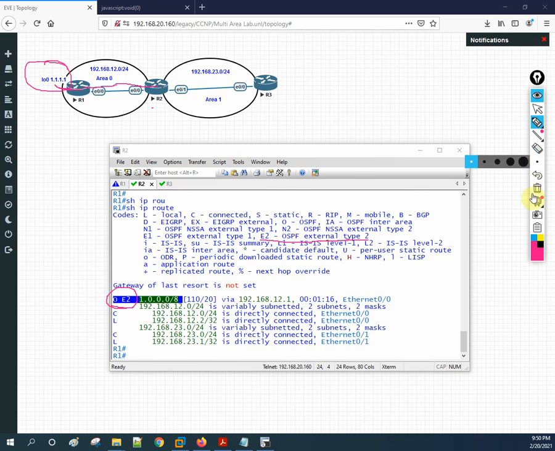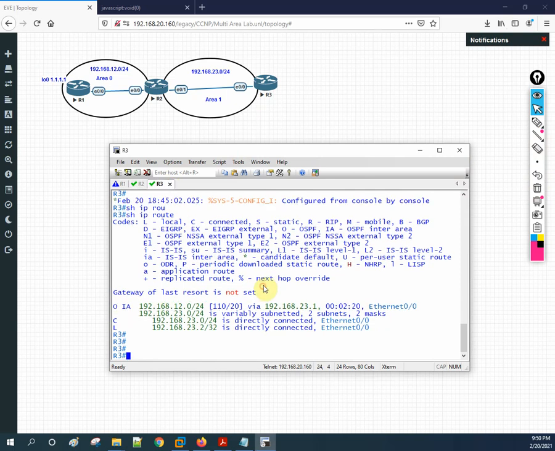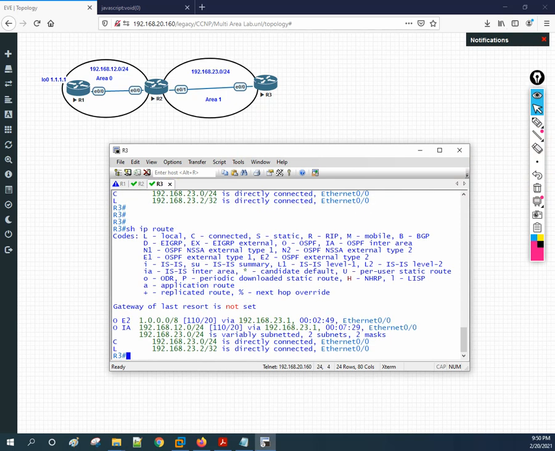If you check in the other router also, for example router R3, you write show ip route. Here also you have two routes. The first one says OE2. Why is this OE2? Because this is coming from external, not from area 0 or area 1. It may be an external routing protocol or anything else. This is not from inside, not from OSPF.